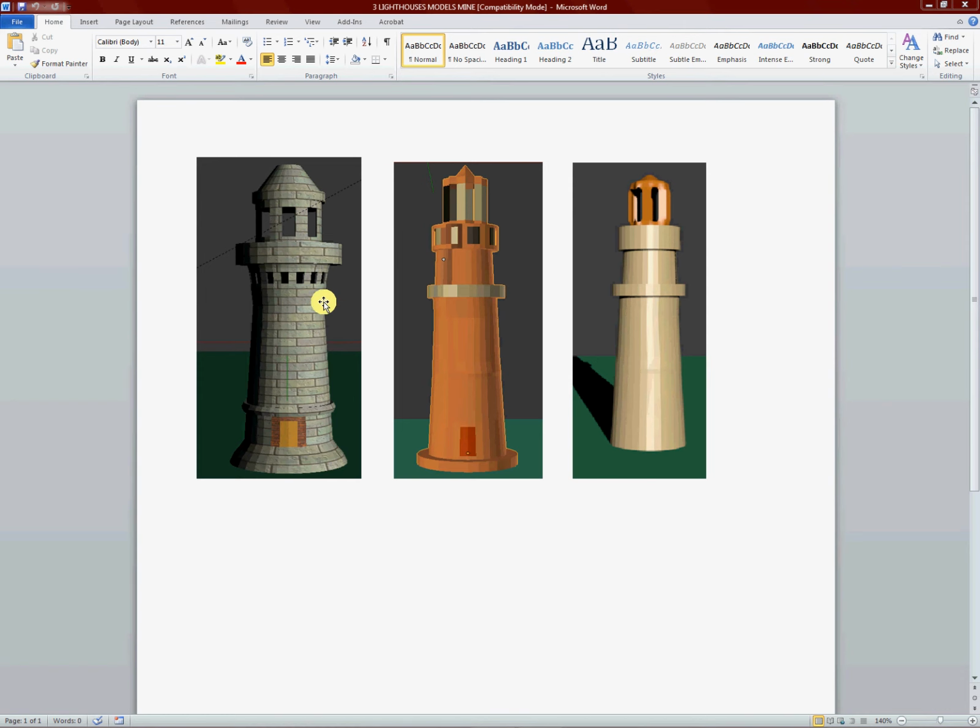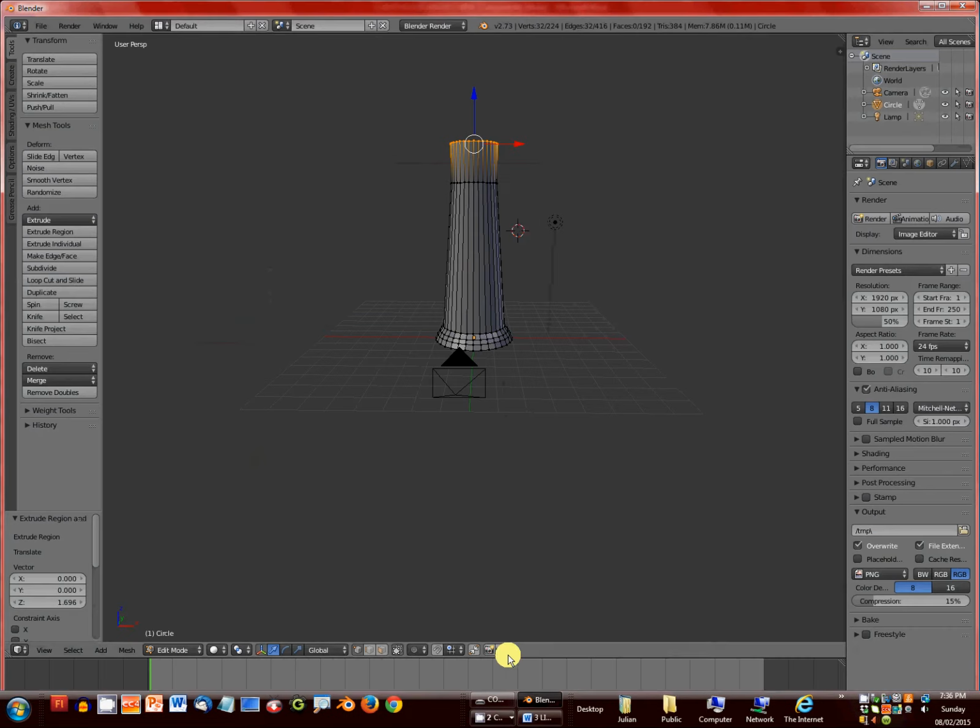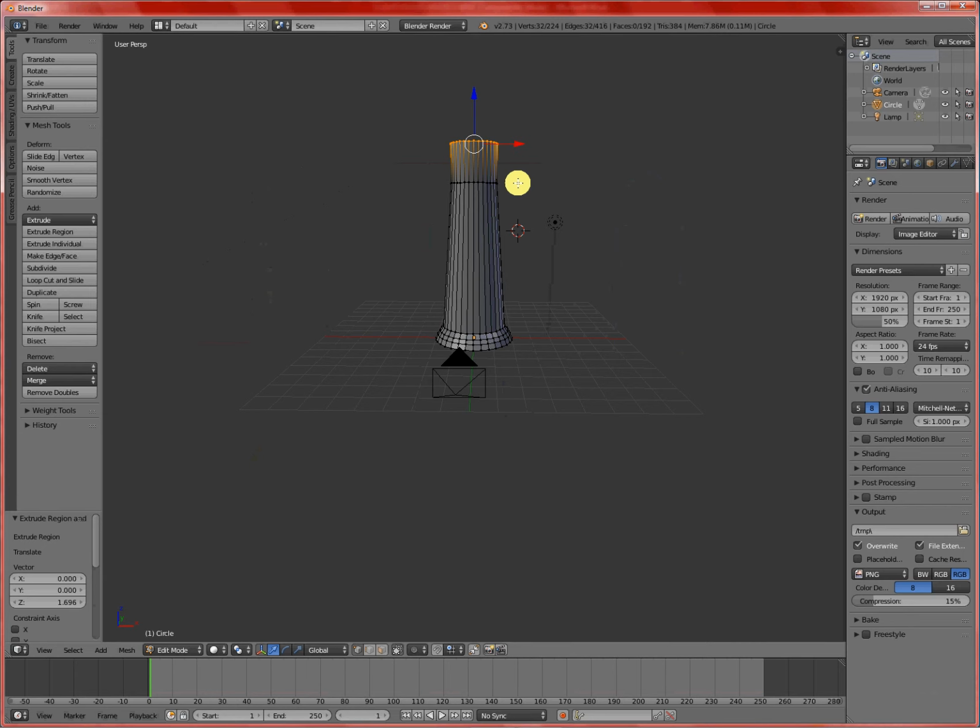So at this point now we're going to do the opposite of what we did at the base. We're just going to have it come out just a bit at the top there. Okay, so let's go back to Blender. So here we could already do S and just pull this one out, and then I'm going to do it again, EZ, S, one more time, EZ,